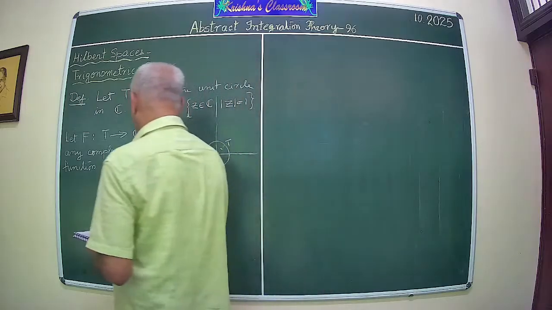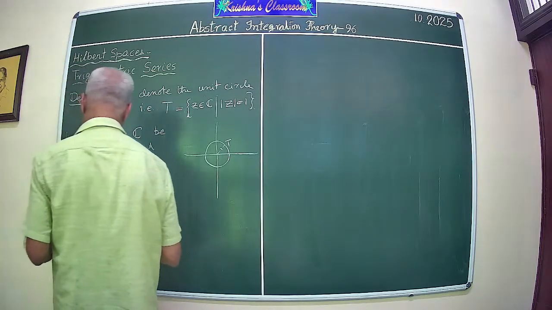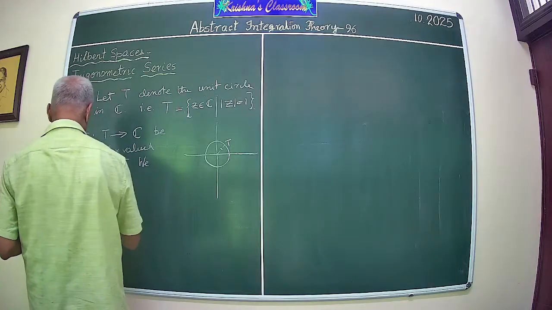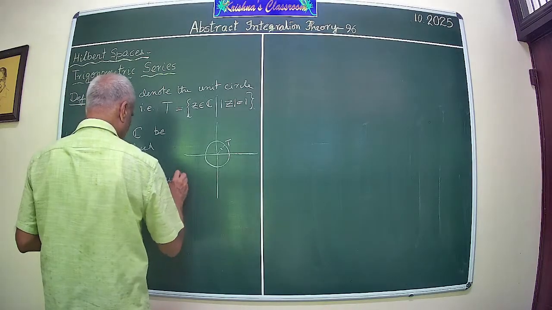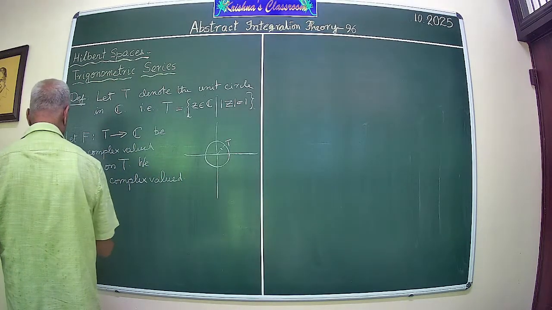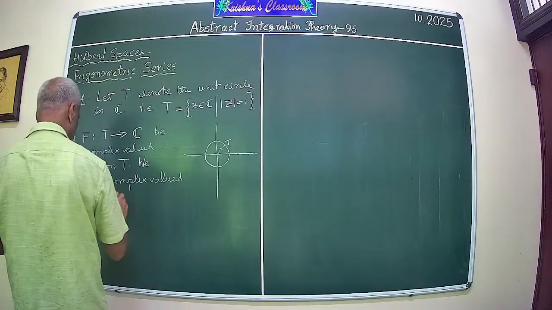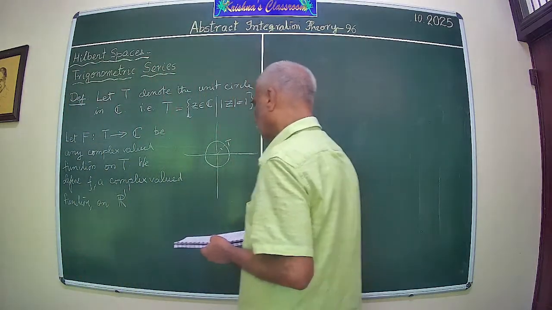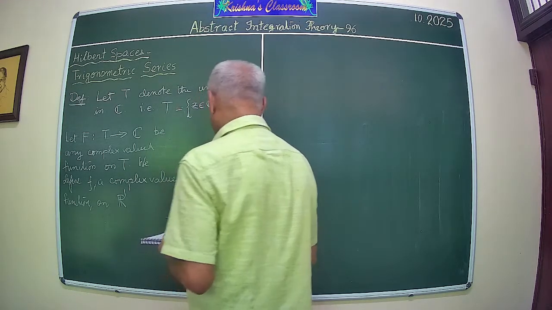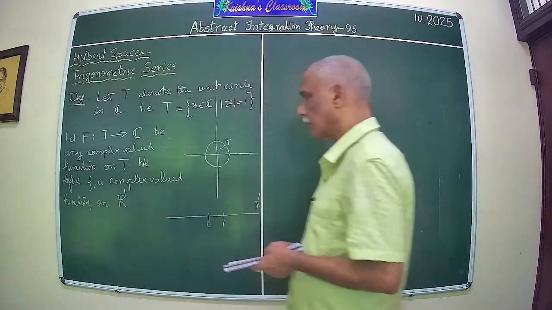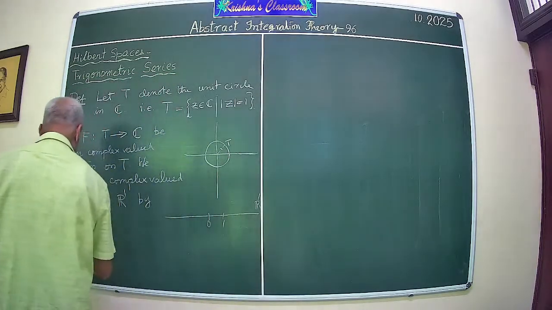Now we define f on R1, the real line. This is the real line, R1. On R1 by f of t equal to